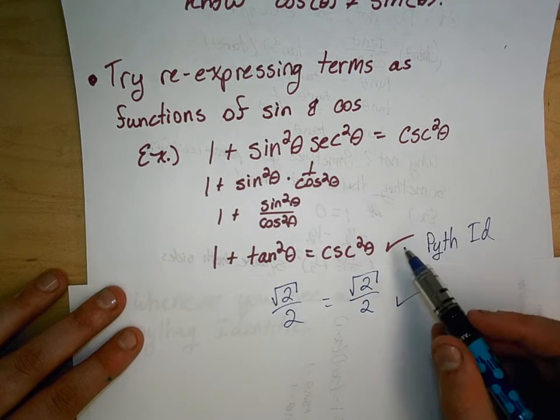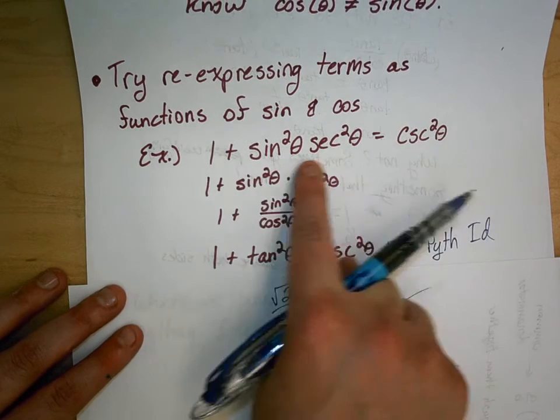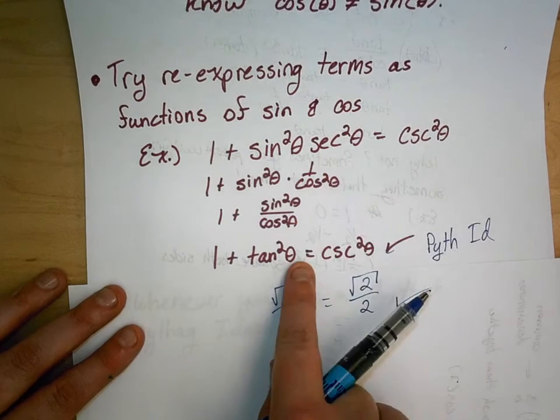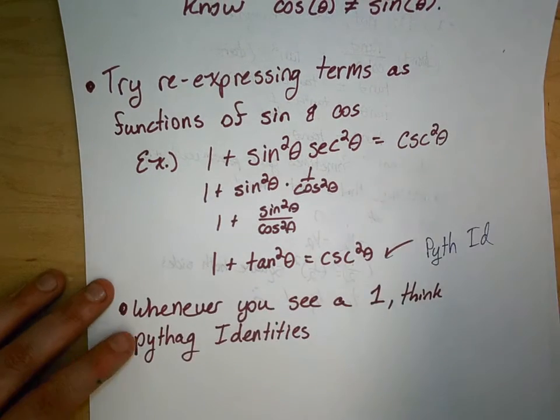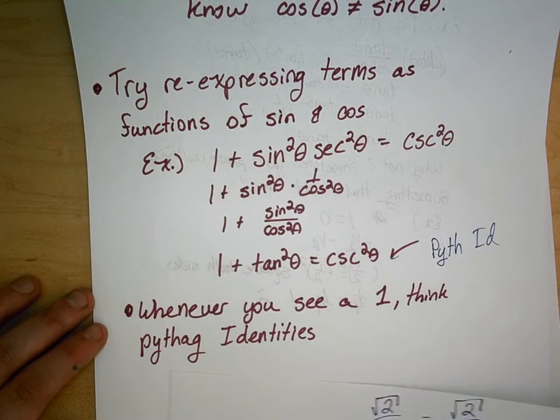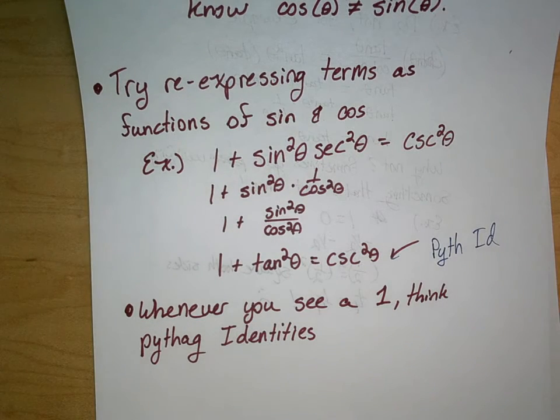And then 1 plus tan squared theta, I know that equals cosecant squared theta by the Pythagorean identity. So I know that that's true, because I only used the stuff that I had over here. So I didn't muckle with this stuff over here. Okay, and then again, whenever you see a 1, think the Pythagorean identity. Okay, and really quick, I'm going to show you